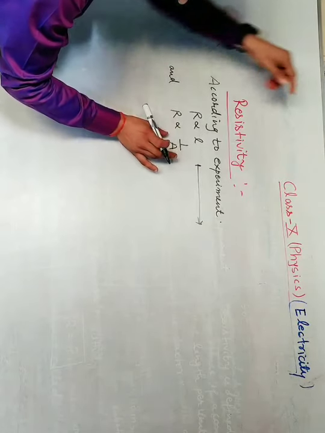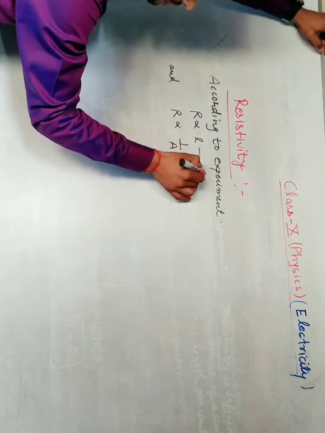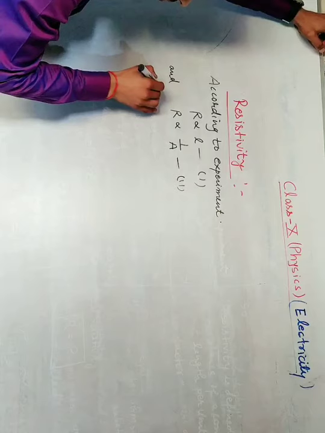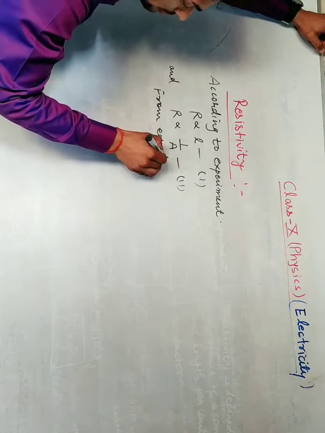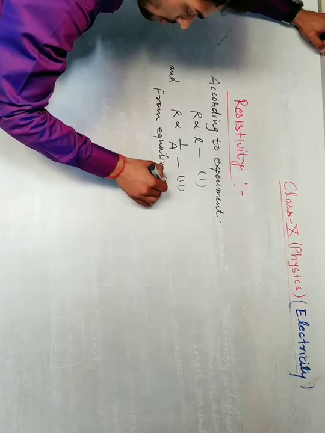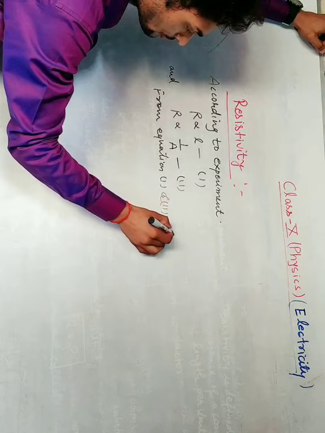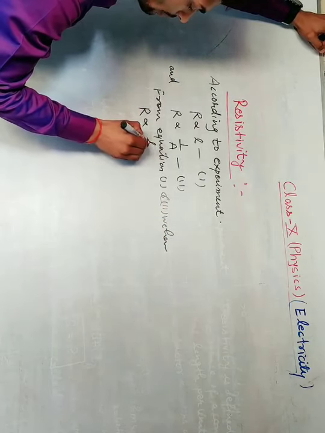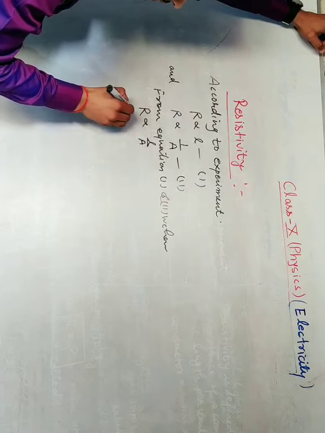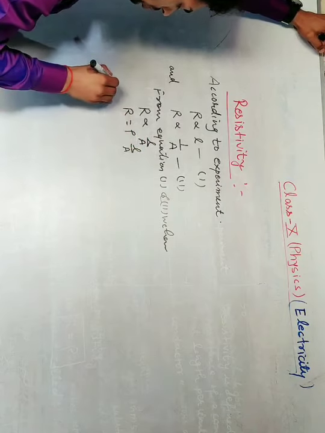Resistance R is inversely proportional to the area of the conductor. Suppose that this is equation number 1 and this is equation number 2. From equations 1 and 2, we have R directly proportional to L upon A, and R equals rho L upon A, where rho is a constant